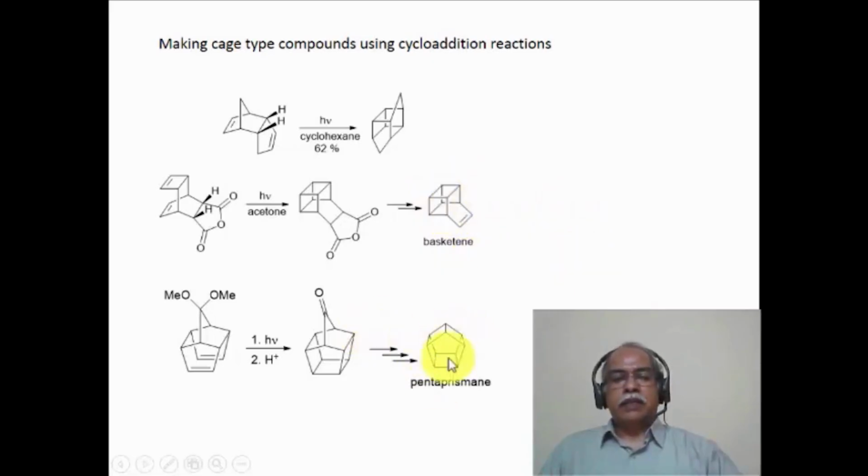Now pentaprismane is an interesting molecule. This was synthesized by Philip Eaton, and this is essentially carried out by a face-to-face 2pi cycloaddition reaction of this particular acetal of the ketone, which is this particular ketone. This ketone is now decarbonylated to give essentially the pentaprismane molecule after a few steps. So the crucial step is the formation of the cage